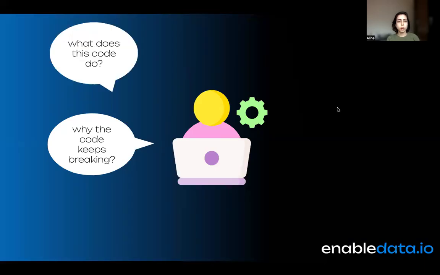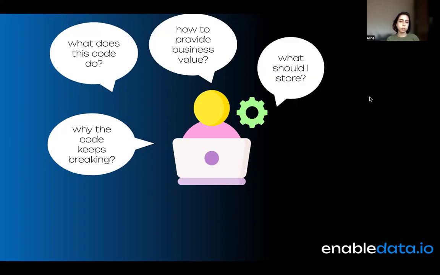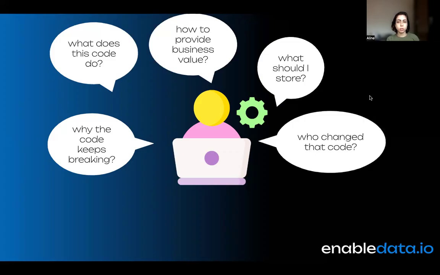Why the code keeps breaking, what does this code do? Maybe this developer is trying to review some code and they have no idea what that code does because it was not very well written. How to provide business value. What should I store? Should I have historical data or not? Who changed that code? Maybe they don't have version control code